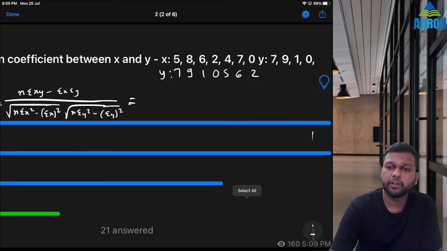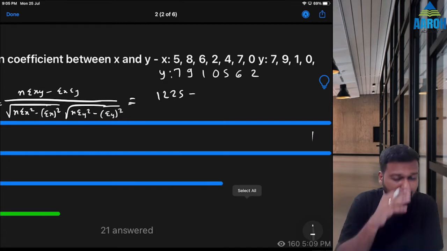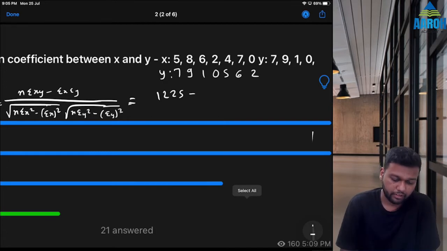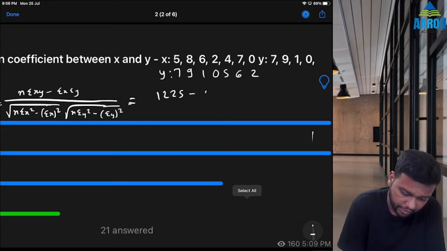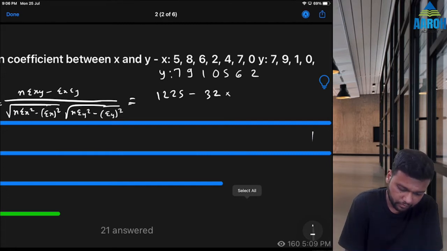So 175 into 7 is going to be what? 1225 minus summation x into summation y. What is summation x? Let's check. 5, 8, 6, 2, 4, 7. Summation x is 32. Summation y, let's check how much it is. 30